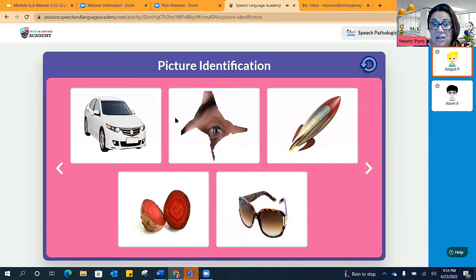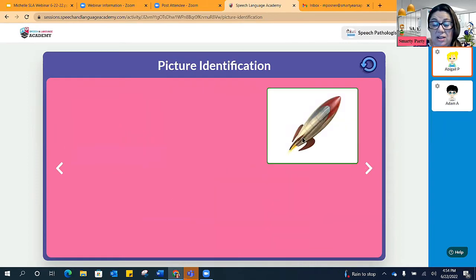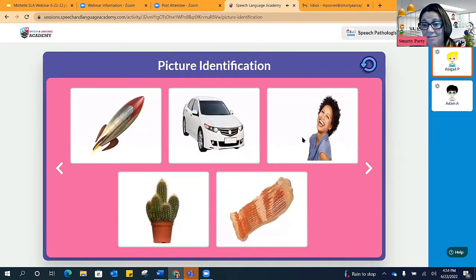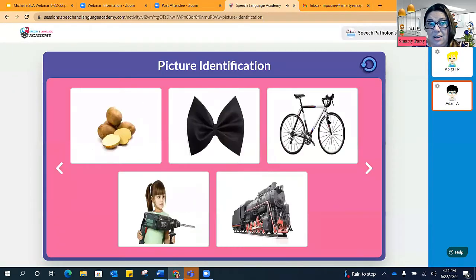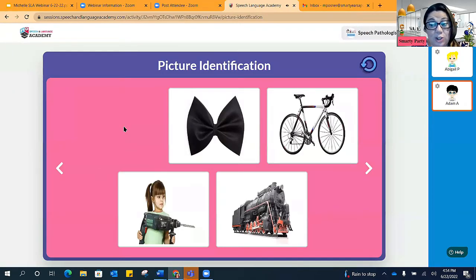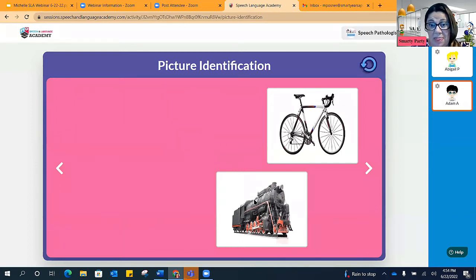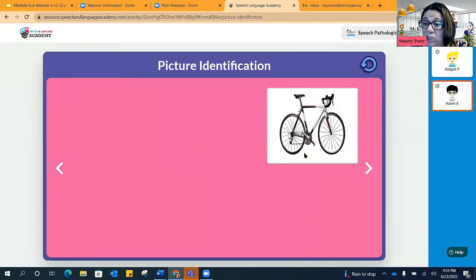Cohete. Coche. And remember, all this is going on in the back end. So let me just show it to you in English. Motorcycle. Right? Bicycle. The wrong answers don't have a sound. They just disappear so that it gives them a better chance to answer.